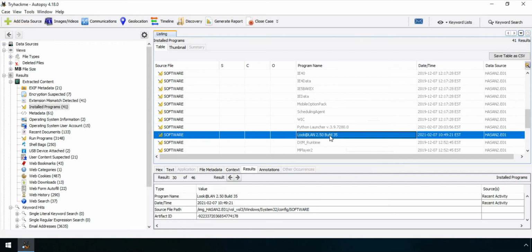This application is generally given in the files. So you must look for this app or other apps like Angry IP Scanner, and there are many more. You should have thorough knowledge about this. So let's look at the logs of Look@LAN.